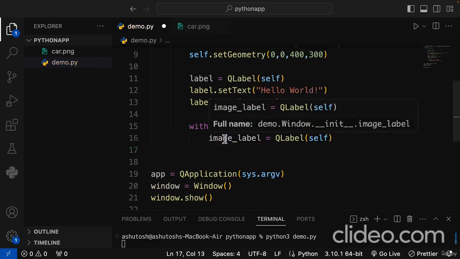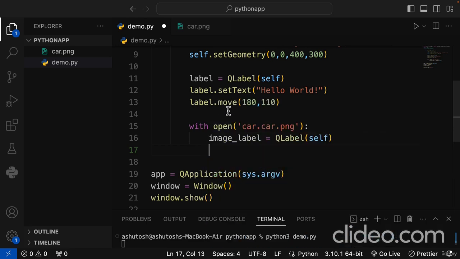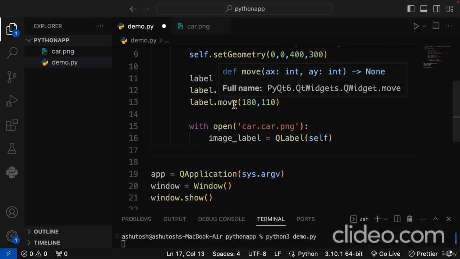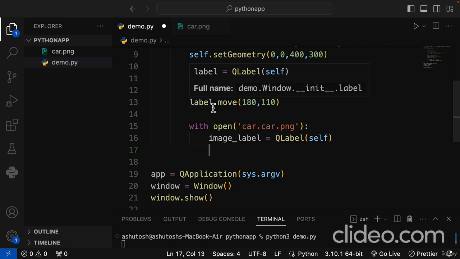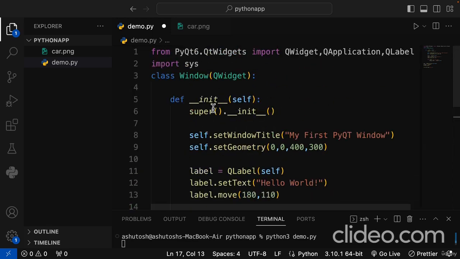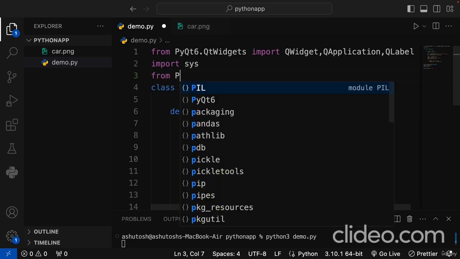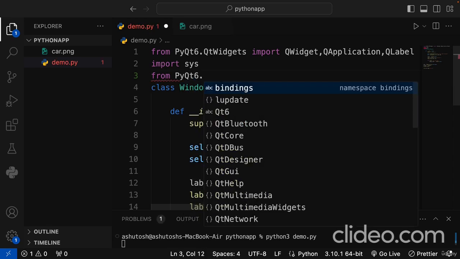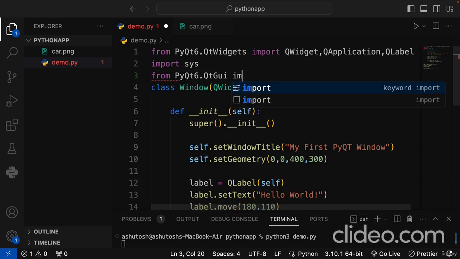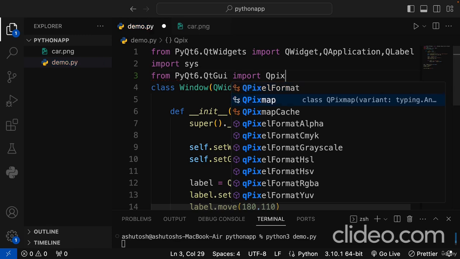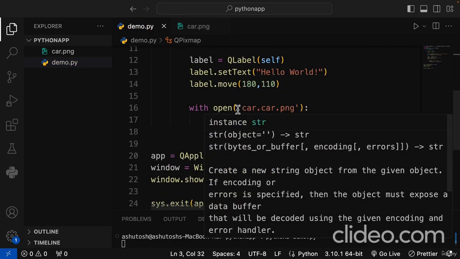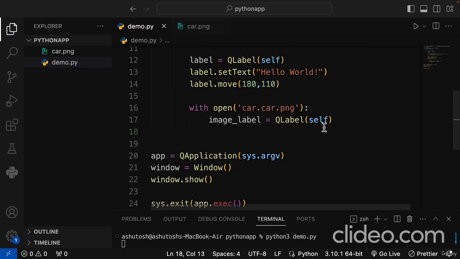All right. So now once we have this image label, you might think, all right, how exactly could we add an image to this label? In order to use an image in our Qt application, we have to use something called a QPixmap, which is Qt pixel mapping. So first of all, you have to import that QPixmap class from the Qt GUI module. So here I would say from PyQt6.QtGui import QPixmap. And once this is imported, using that class, we could create a pixmap. So here I could say pixmap equals